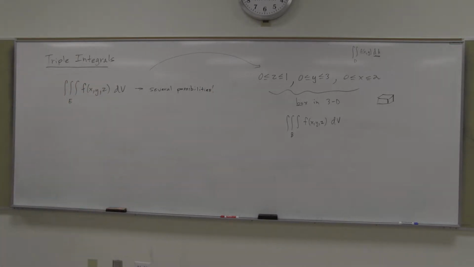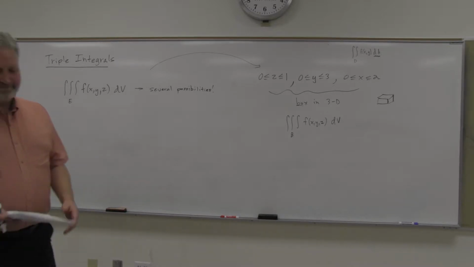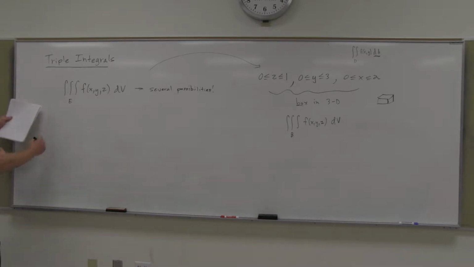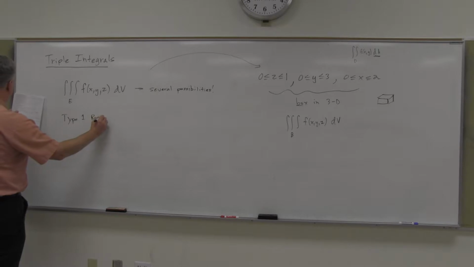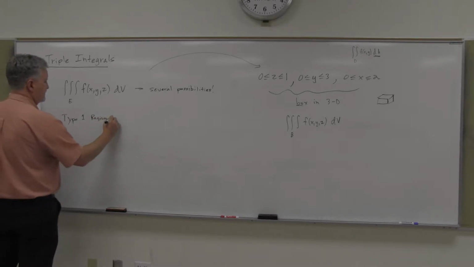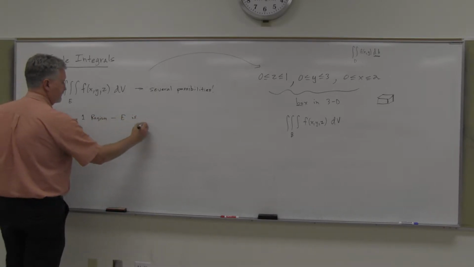We'll stick to, I think, mainly anyway, what's called the type 1 region. That is, E is a region